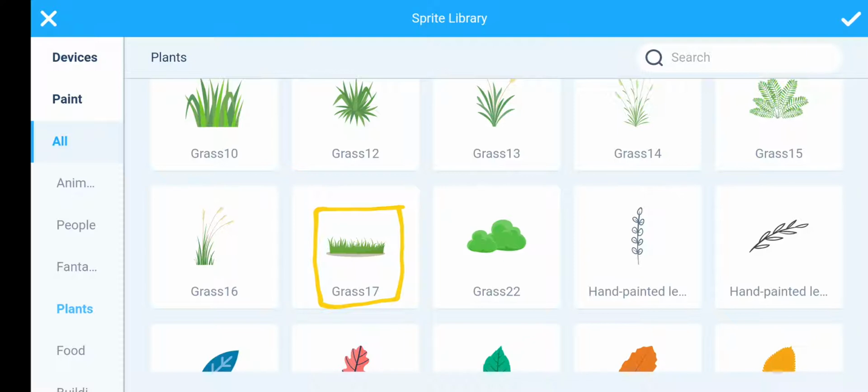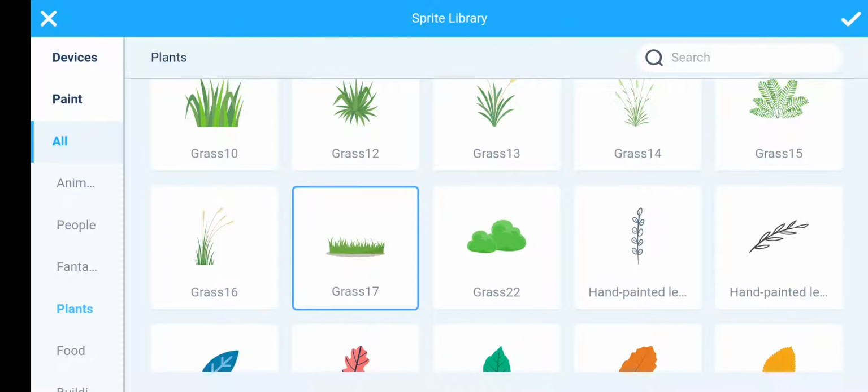Grass 17 looks like a soil patch where we will implant the tree. I have chosen this as a soil patch, so I will click on that, then click on this.